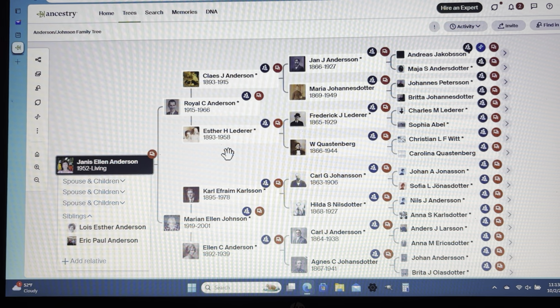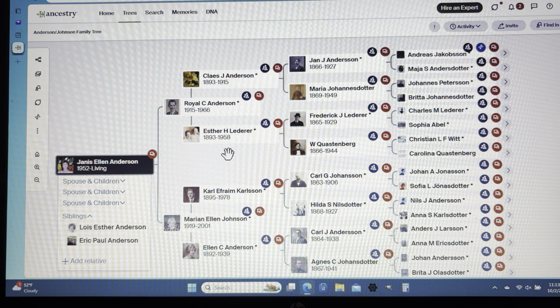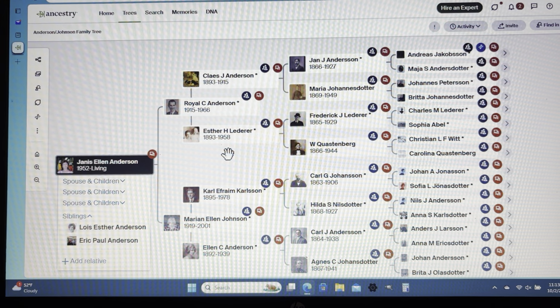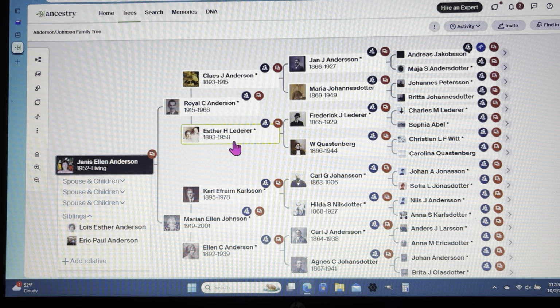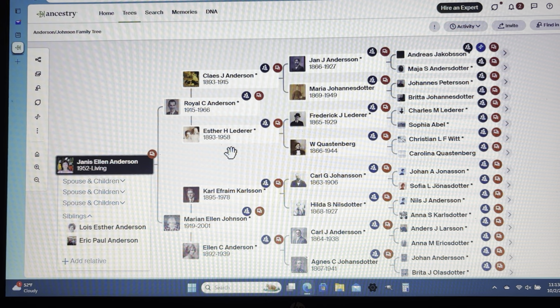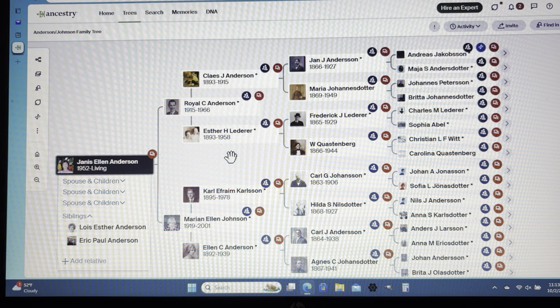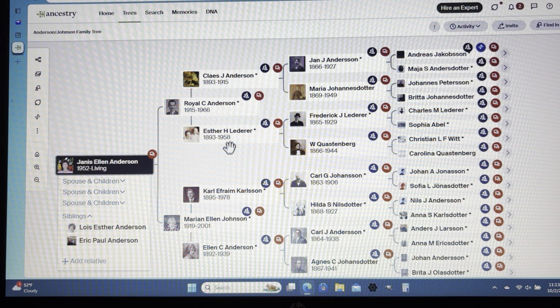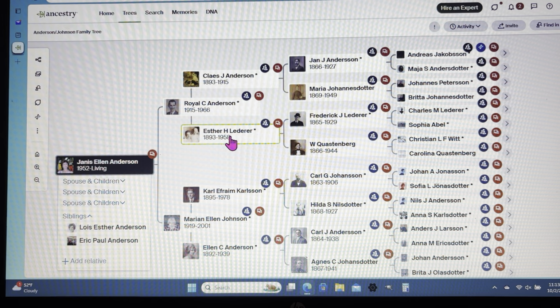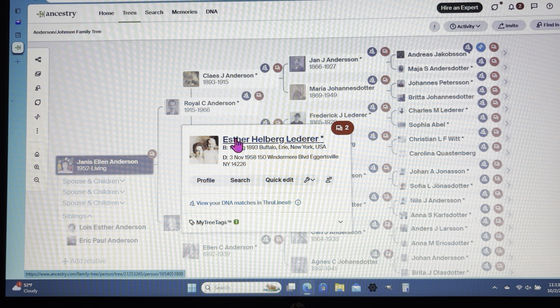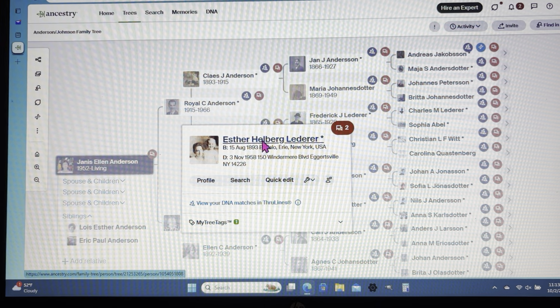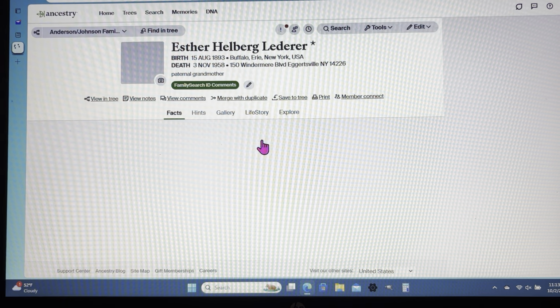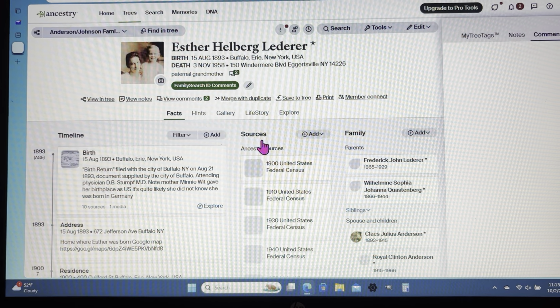When you're looking at this tree, and I believe you're going to have access to this, again, the 4 people that are going to be able to access this family program will be able to, again, as I understand it, and I'm going to want folks to get back to me about what their experiences are. But for instance, if you wanted to see more information about Esther, you would go here and simply click once. You'll see some information, but we'll click again on her name, and it'll take us to her page.